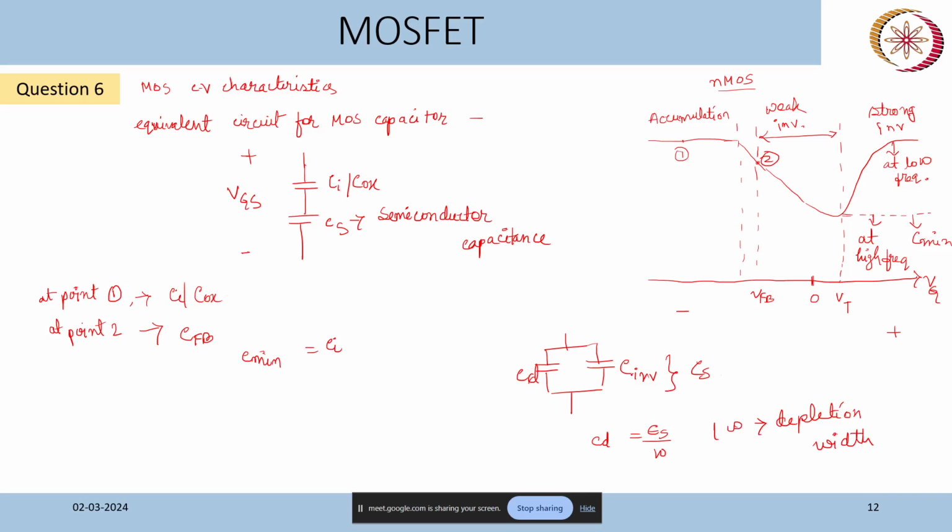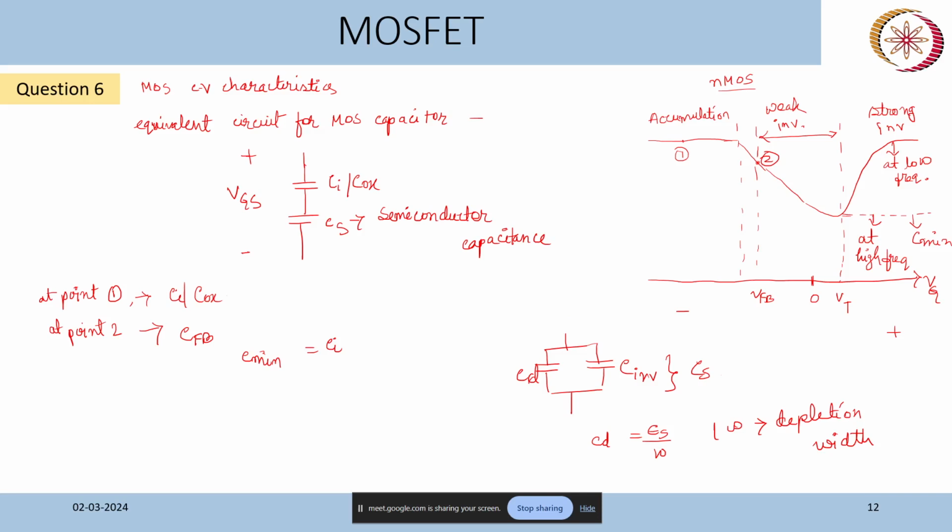And inversion capacitance is when the channel is formed and sufficient electrons are in the channel. In case of NMOS, that will also give an inversion capacitance. So overall, which capacitance term will be dominant will be determined by the charges. You have already seen the charge distribution, how the charges are arranged in different regions of operation: accumulation, depletion, and weak inversion and strong inversion region.